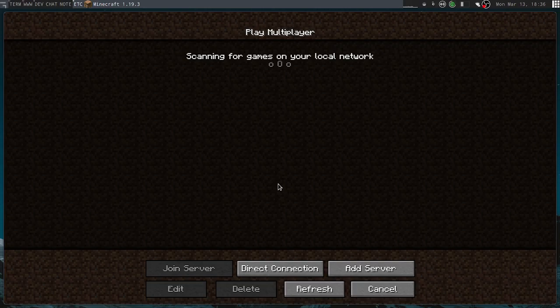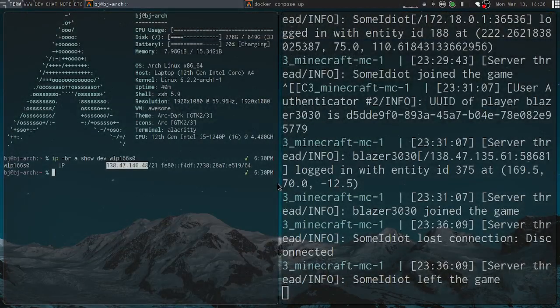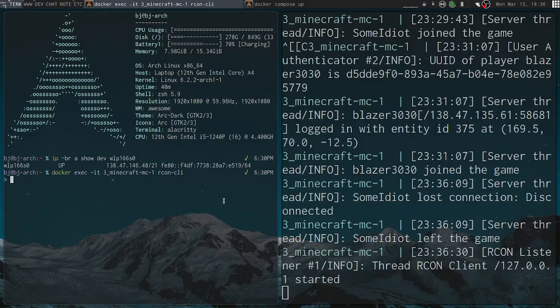Did he actually? No. Okay. Gaslighting me. And so I can even go into, what is it, docker exec. So what I've done here is there's a thing called Archon, which is how you control Minecraft servers. And oh, it's the music. Okay.